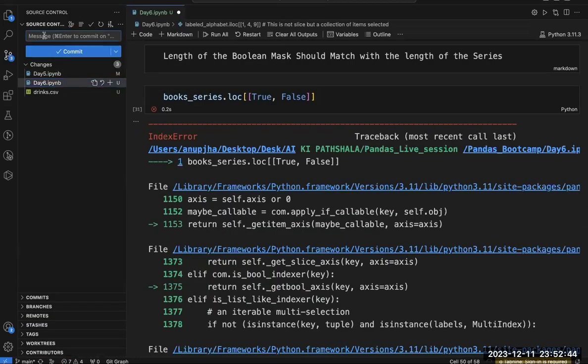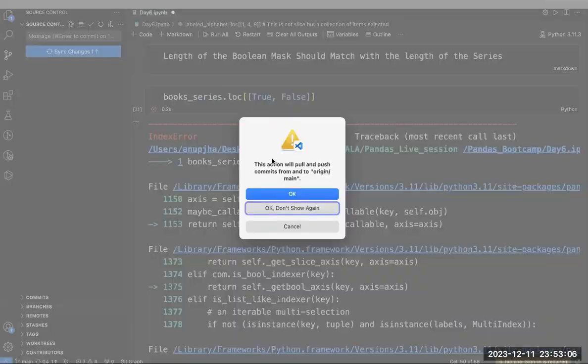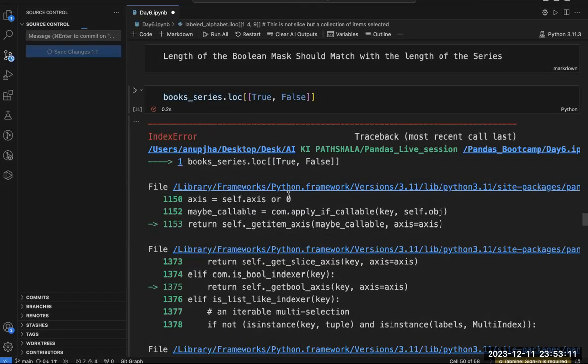Just commit this code. Sixth session of Pandas boot camp completed. Committed. Yes. Sync changes. Okay. Oof. Again, I have done it. First, I have to save it. I haven't saved.